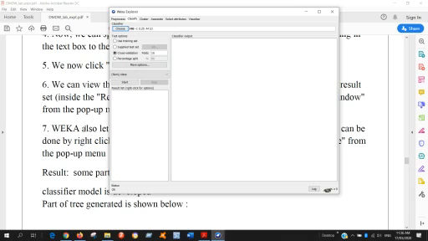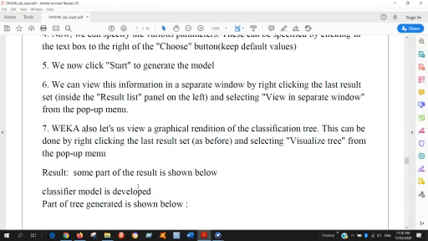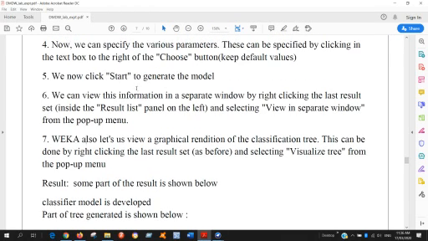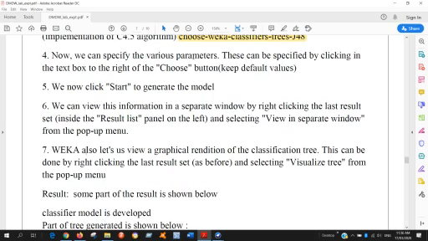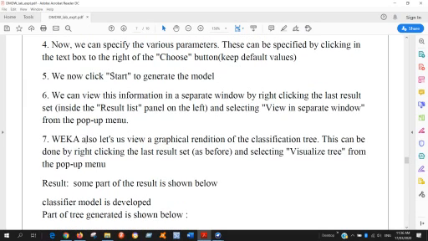To run the program, we can specify the various parameters by clicking the text box. If you want to keep the default values, you can keep them like that. After that, click the start button to generate the model.